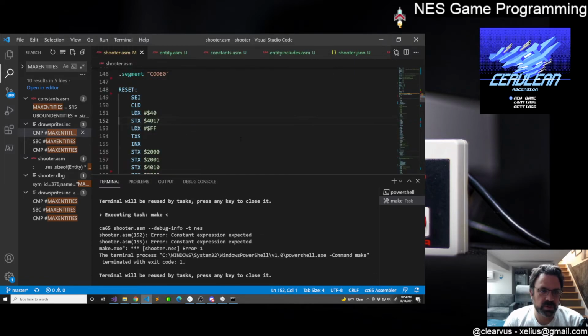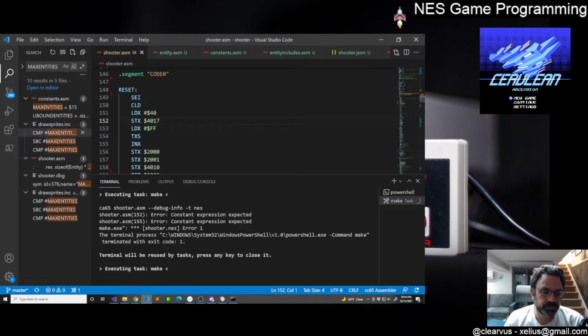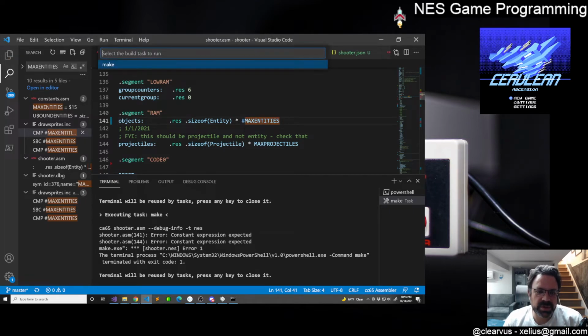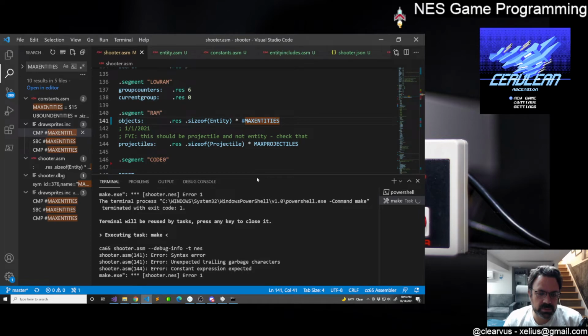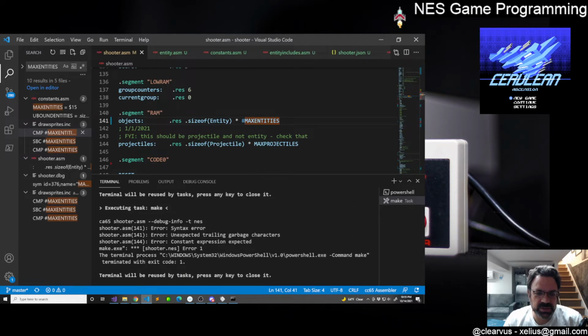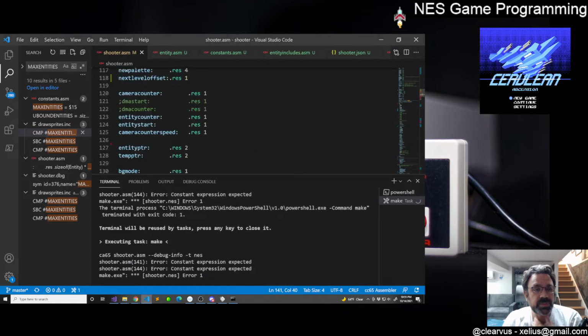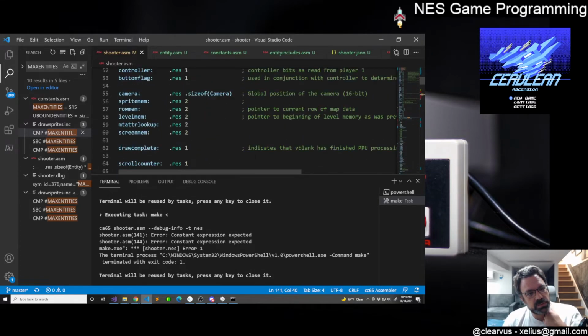Constant expression required. Am I missing something obvious here? We have the objects we're reserving a size. That's size of entity times max entities. Doesn't seem to like this. I thought you don't need this, right? Yeah, it definitely doesn't like that. I didn't think you needed that because it was working fine before. Is it something to do